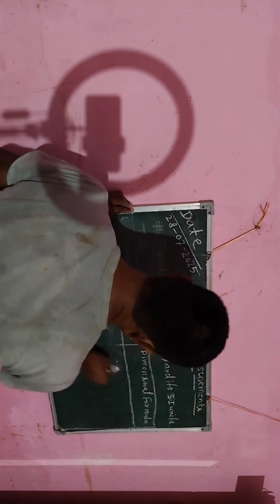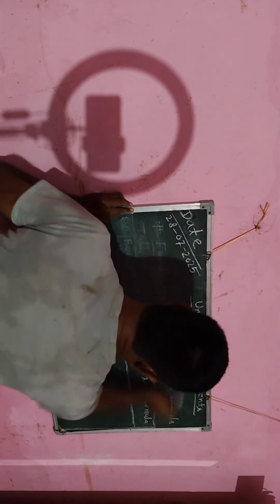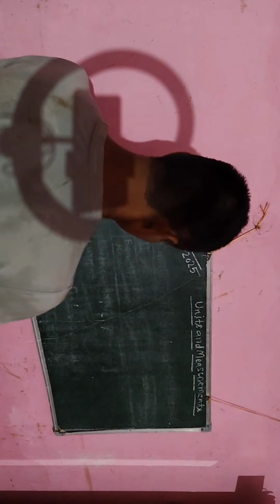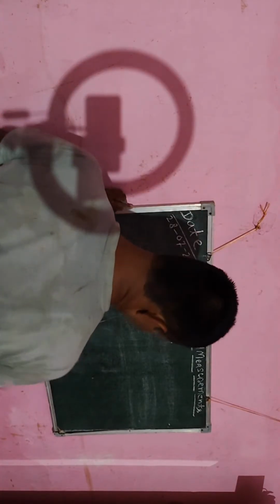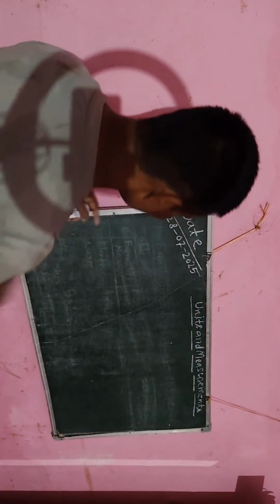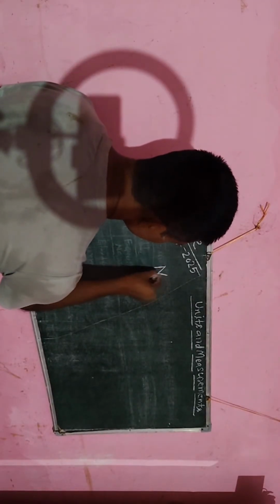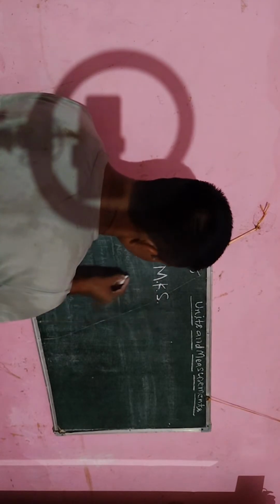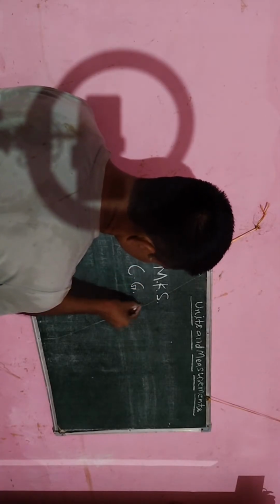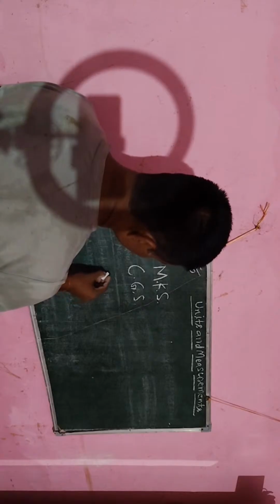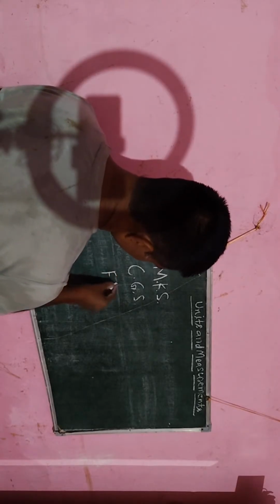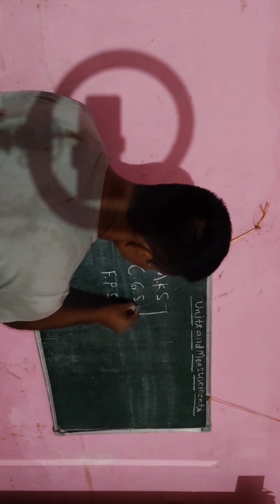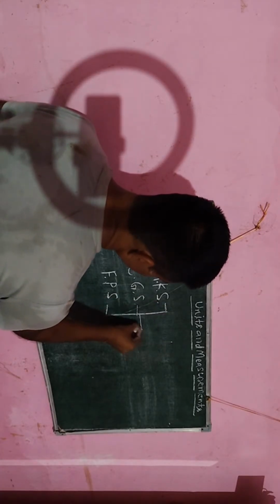MKS system, CGS system, and FPS system also. Okay, students. So all the information I will explain here in detail. Okay. So here we have to explain the MKS system, CGS system, and then FPS system. So all these systems summarize, and after summarizing I have got